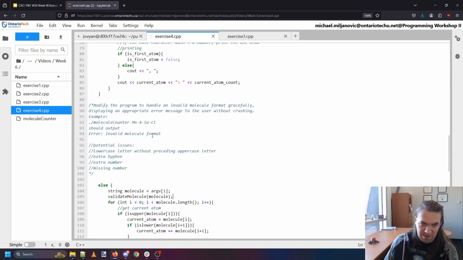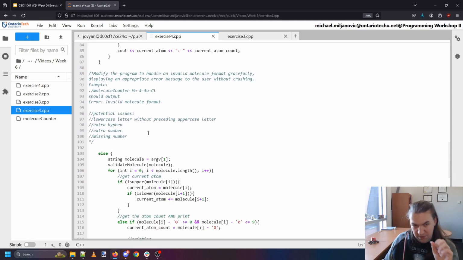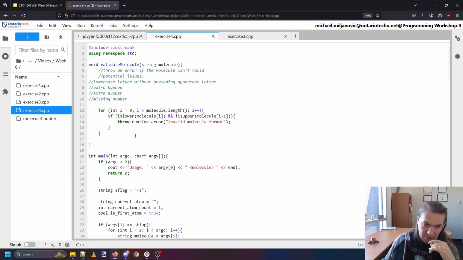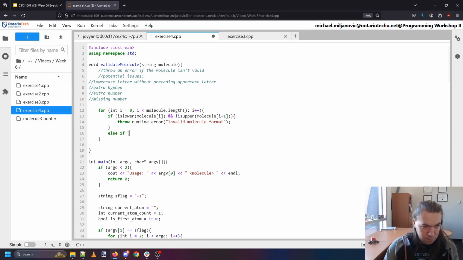Now let's try an extra hyphen. So if a hyphen is in the correct position, that means that there should be an upper or lowercase letter before it and a number immediately after it. And that's the only valid way that you can have things. So else if molecule I is hyphen and molecule I minus 1